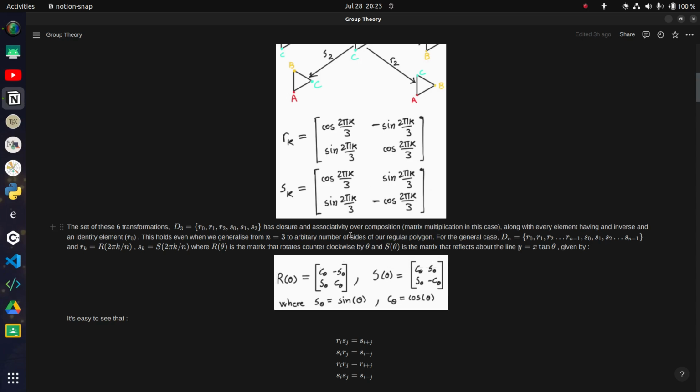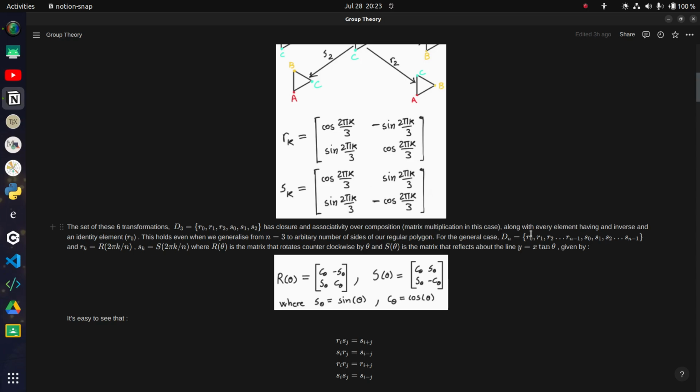Anyway, the set of these six transformations has some nice properties. First of all, it has closure over the operation that we call composition. So it's basically just matrix multiplication in this case. Function composition is the operation I'm talking about. In the end, these are functions that we're talking about, right? But in this case, these are also matrices, so you can think of matrix multiplication as that operation. So the set or group D3, whatever you wish, has closure over that operation, and it has associativity over the same operation,